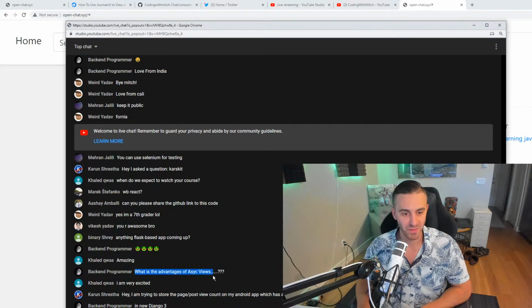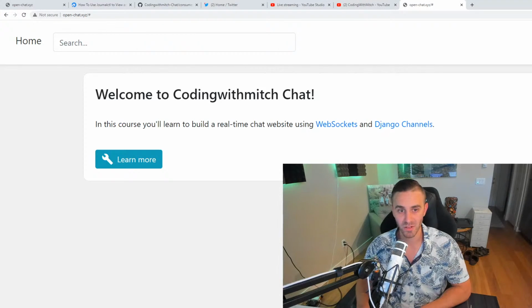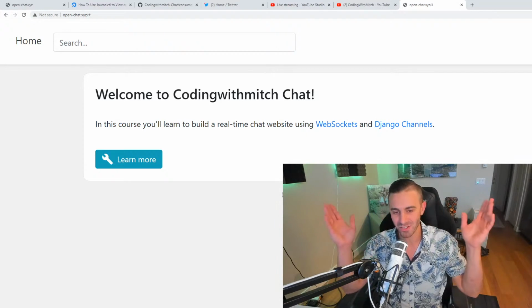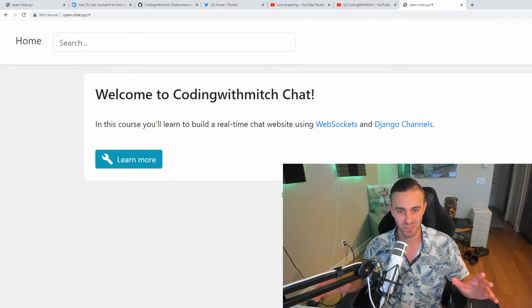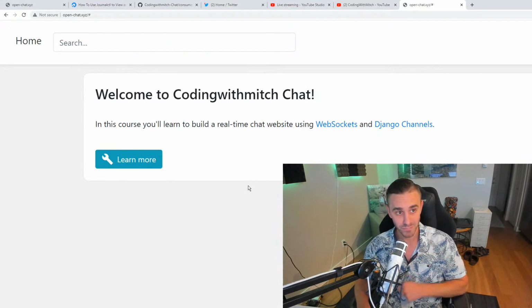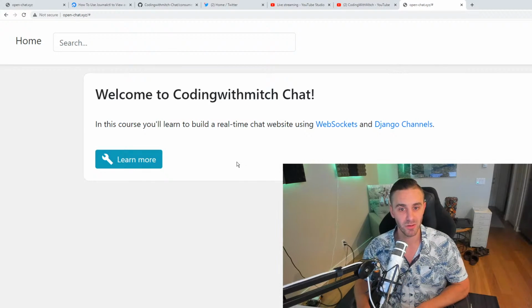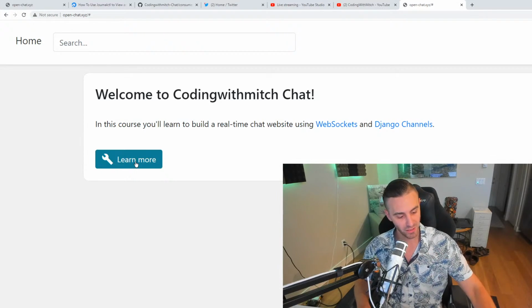What are the advantages of async views? I'm assuming you mean on a website. You can interact with it. What I'm imagining is a website that is built 100% with sockets, where every single view has a socket connected to it, and then payloads just go back and forth, and the view can update accordingly. So no matter what you click, like if I clicked learn more, for example, that would fire